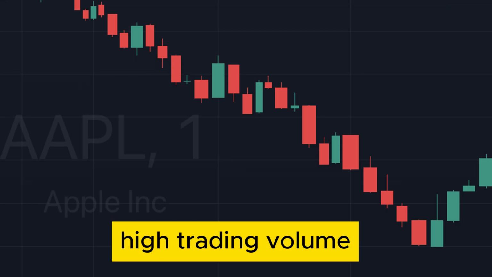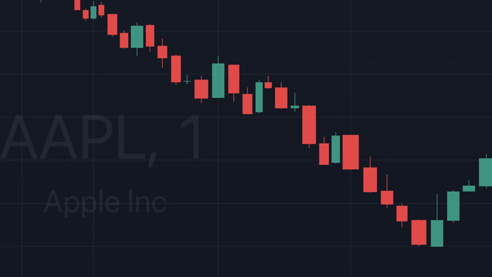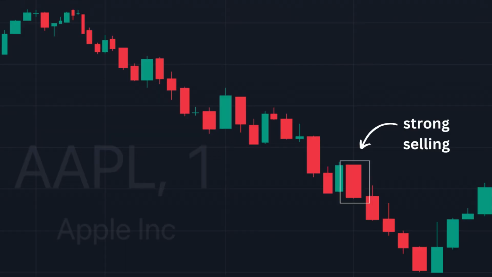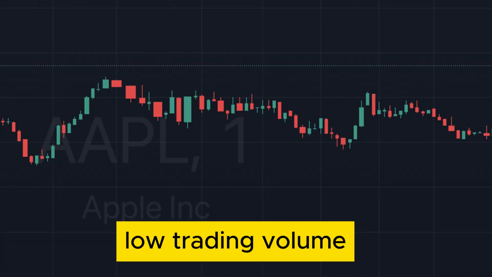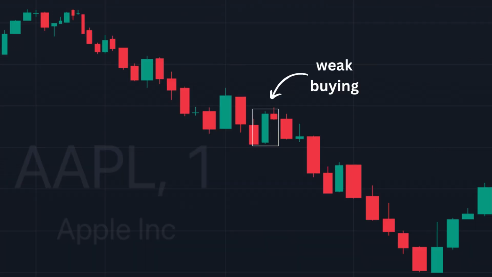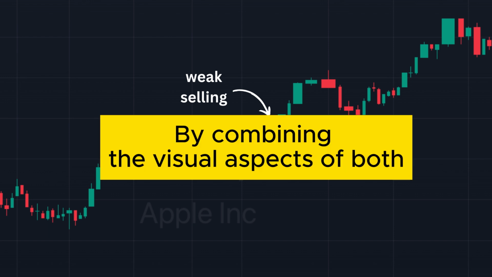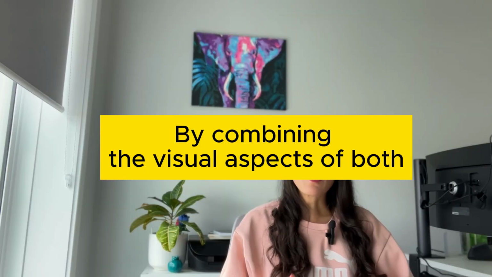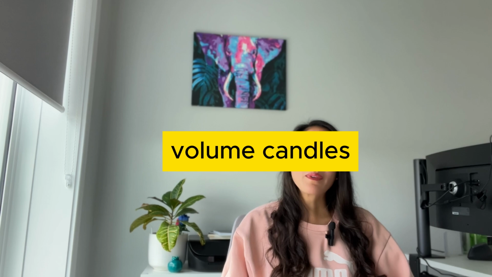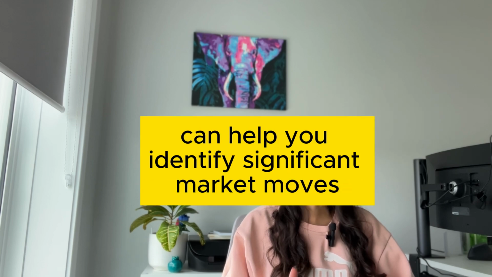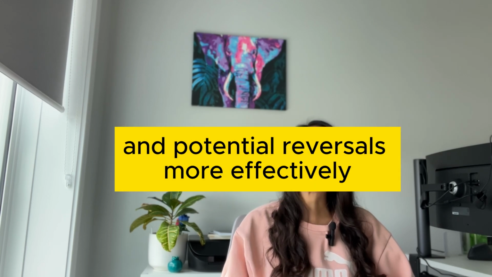Thicker candles represent periods of high trading volume, while a thick red candle indicates strong selling activity. Thinner candles represent periods of low trading volume. Thin green candles suggest weak buying, and thin red candles suggest weak selling. By combining the visual aspects of both price and volume, candles can help you identify significant market moves and potential reversals more effectively. Let's look at some practical examples to see how volume candles can be used in real trading